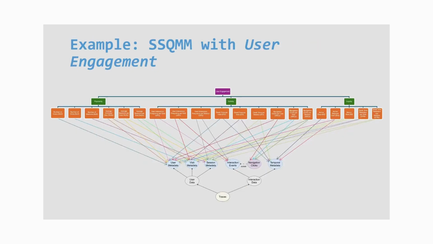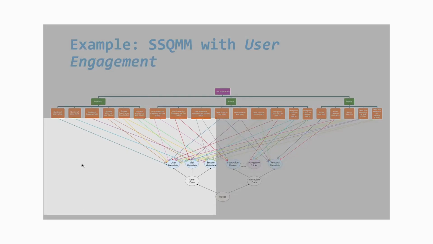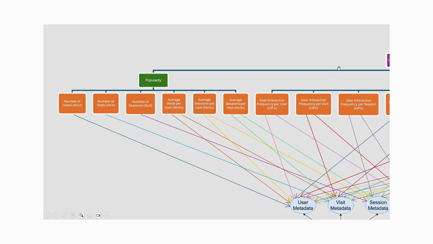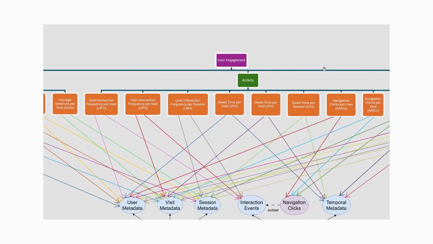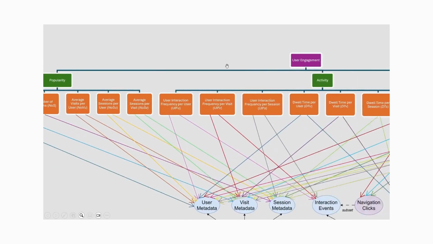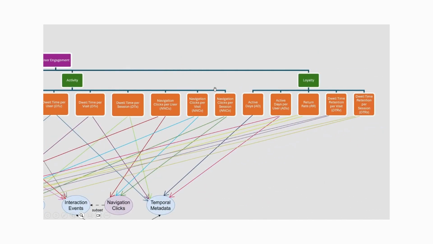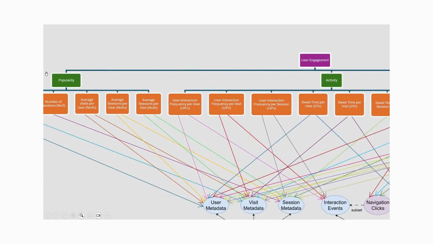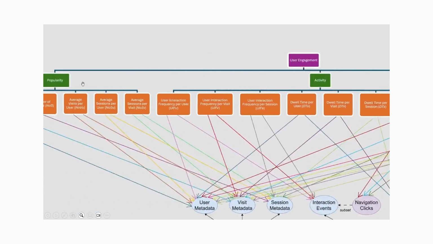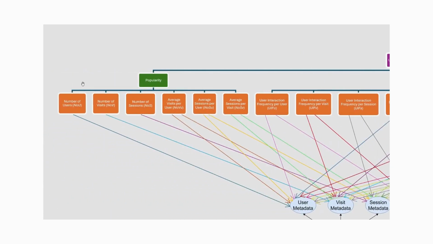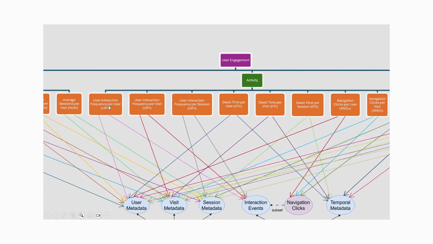So consider the user engagement example here. I'm going to zoom a little bit to see more in detail. As you can see, the user engagement goal over here is a composite goal and can be refined into three sub-goals, themselves being leaf goals, which are popularity, activity, and loyalty. And you can also see that for each sub-goal, we have specific metrics that will be used in order to assess it. For popularity, we have number of users, for instance, whereas for activity, we have something like user